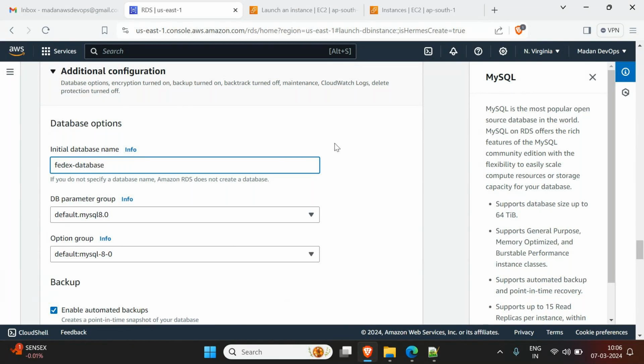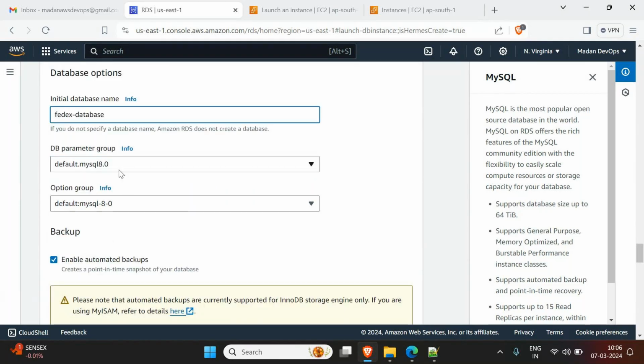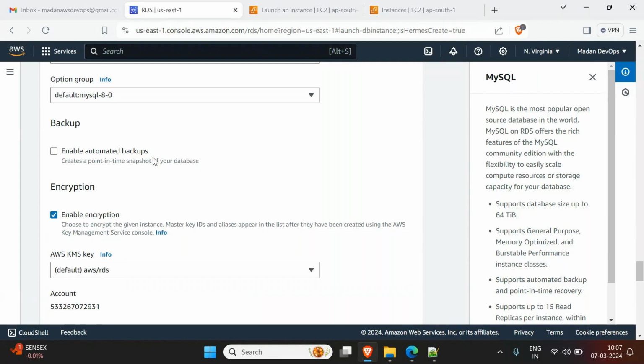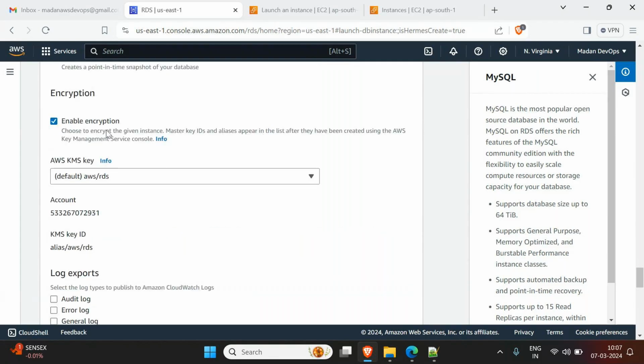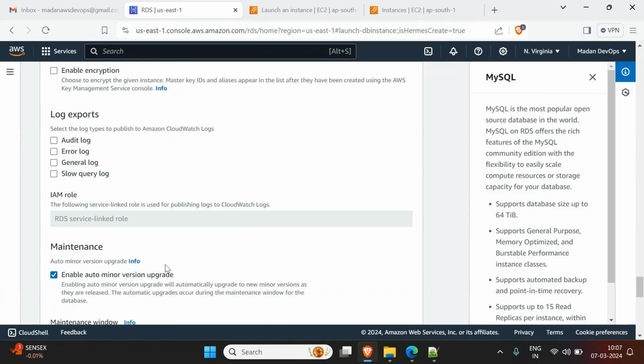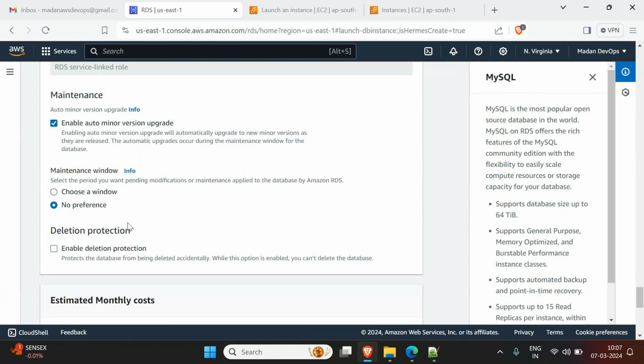And then default parameters, let it be the default MySQL 8.0 option group. And backup, enable automated backups. In real time we will enable it, but now I don't want to enable it. I am removing it. Enable encryption, I don't want to enable, but in real time we will enable it, but I'm not taking it. A default service linked role is already assigned. And next is